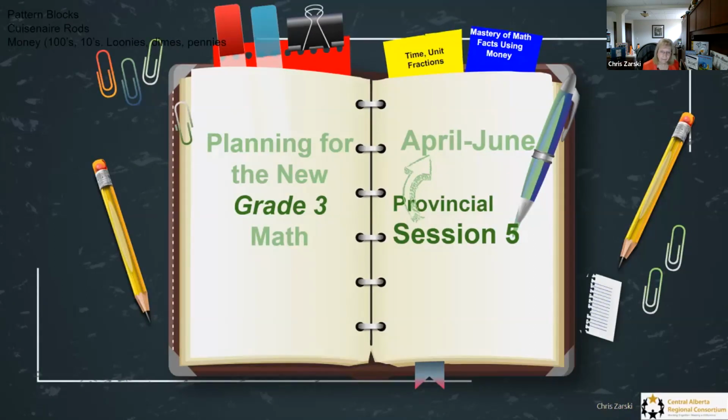We are now on session 5, and we will be looking at just a couple of things that we deferred to the last session, but also maybe a way to keep revisiting those outcomes now that you're going to be reporting on. So we've spent the year bridging, going back, reviewing, always building on, adding on the goal that we're going to be meeting with each of the outcomes. But now we're at a point where we should be at those levels, and you're really just reviewing for mastery in order to fill that final assessment to say, yes, they have met or not met that outcome.